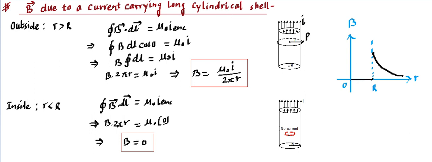Here are a few questions we can think of, like at which point the field is maximum. So we will say the field is maximum just outside, and that maximum value is going to be mu naught I divided by 2 pi capital R, because just outside small r is almost equal to capital R. And it is 0 at all the points inside as well as at infinite distance. So here it's also approaching 0, and this is discontinuous on the surface, so it suddenly goes up. So this graph is extremely important for us, and hence these formulas are also important. This is a result you need to keep in mind.